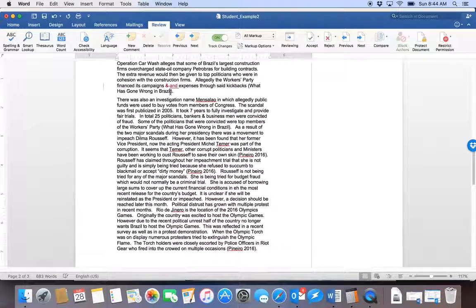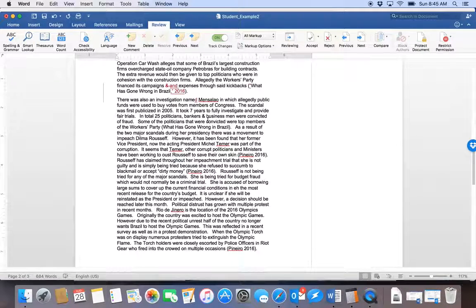So again, we got the period in the right spot, 2016. That's the name of the article. It just doesn't have an author. So in the in-text citation, you want to use quotation marks. And after you do that the first time, you can even shorten the name, like "what has gone wrong" or something like that. There was also an investigation named